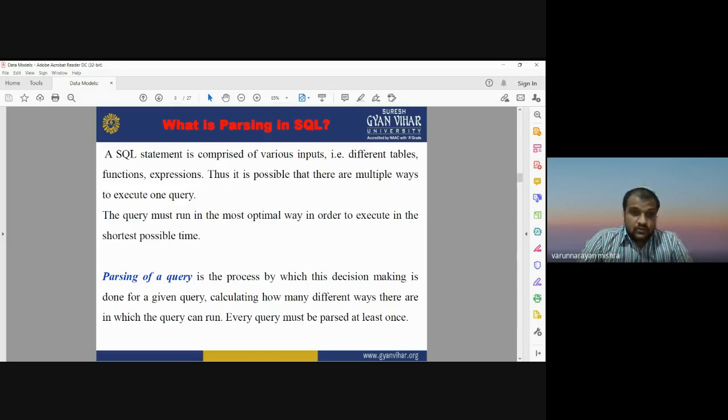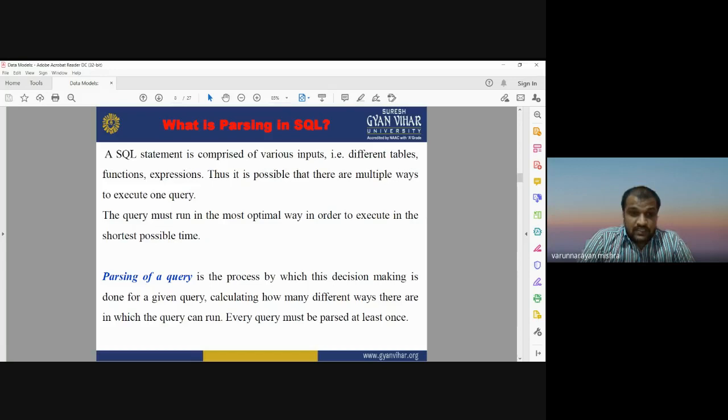Parsing may be done in multiple ways. Out of all the multiple methods, we need to select the most optimal parsing, the one that uses very little time to process that query.